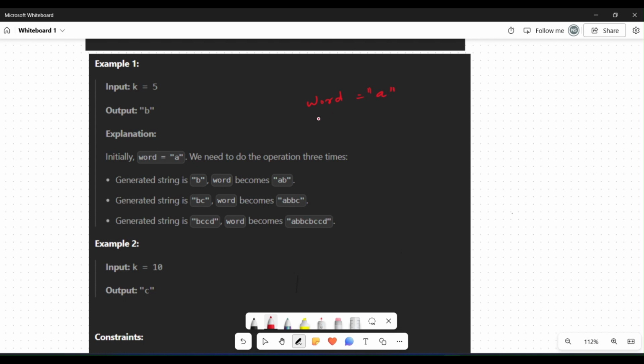I will do the first operation. The next character of A is B. So the new word is going to be A, my original word, with B added. Similarly, I will do the second operation.